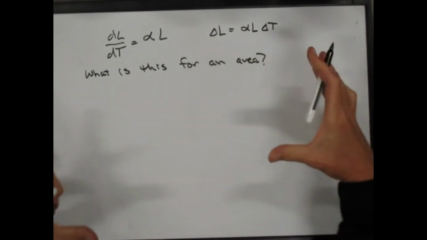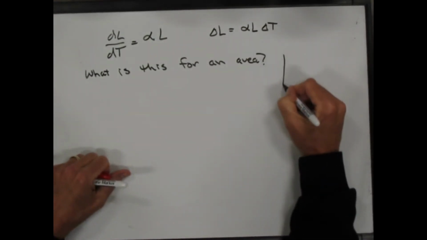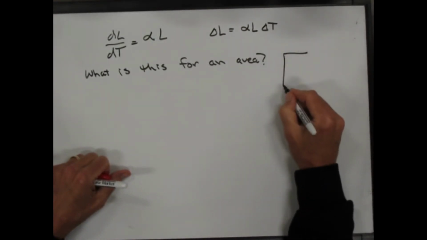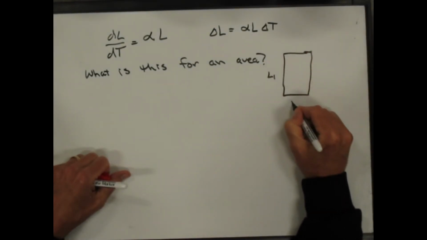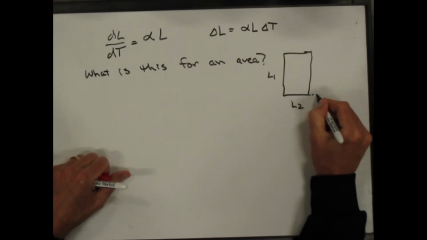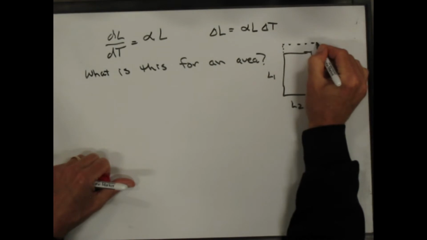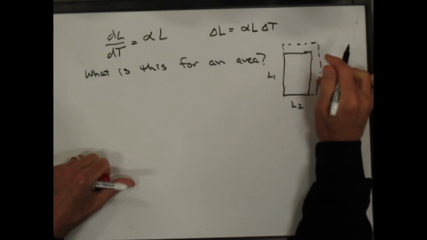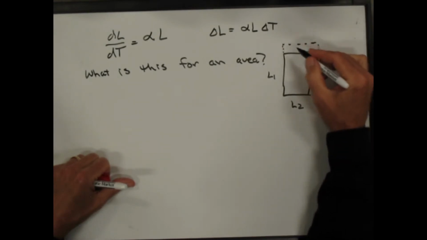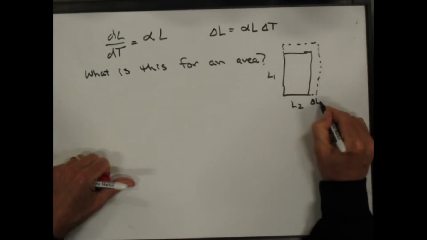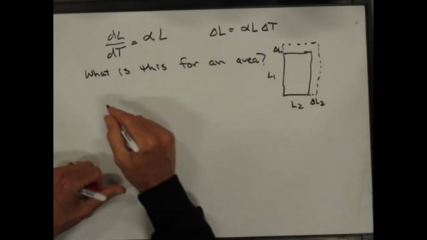So how does an area expand, right? An area has to expand. And so if we just take a rectangle, right, and say it's L1 by L2, and we allow it to expand. I should have just made those dotted lines, but you get the idea, right? And so this is delta L2, and this is delta L1, and we say that